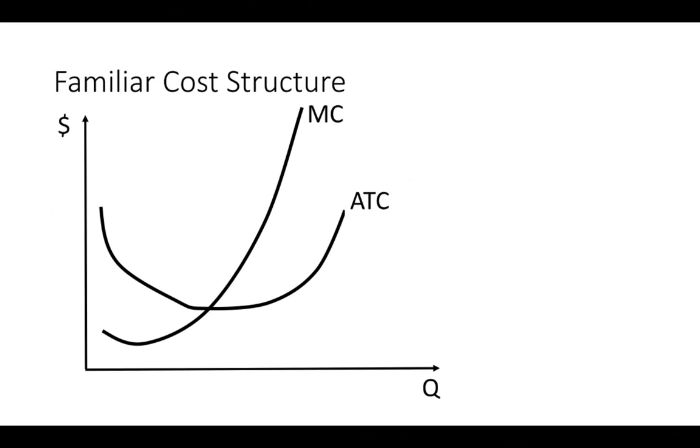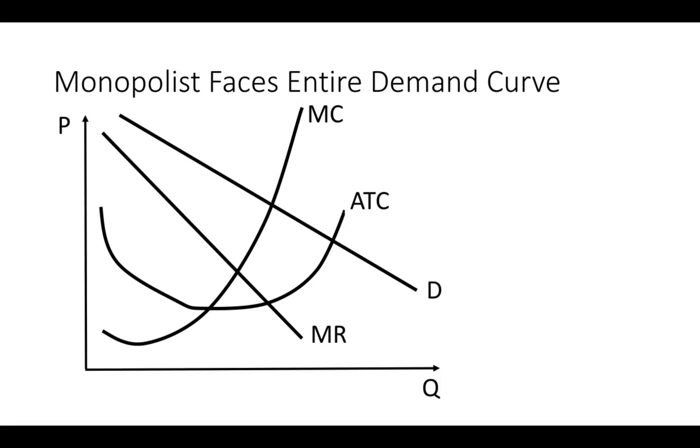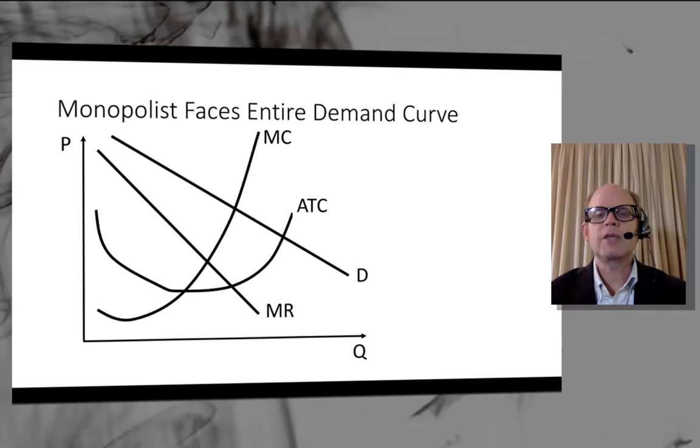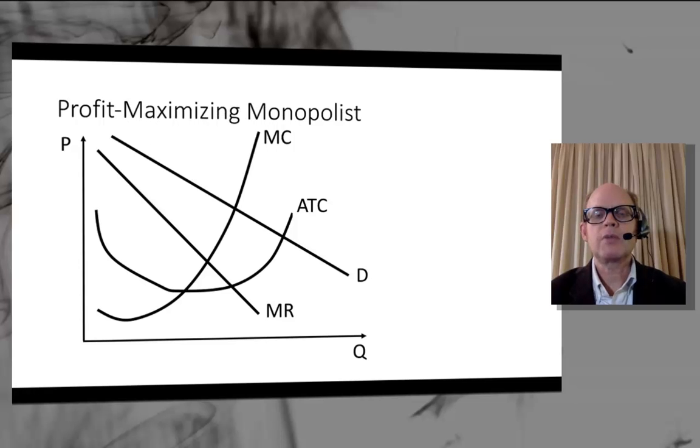So here's the familiar cost structure. You have the U-shaped average total cost curve, and you have the marginal cost curve that intersects the average total cost curve at its minimum point. Now we've brought in the demand conditions. You have the demand curve and the marginal revenue curve. So this is all the information we need to figure out the price and quantity that the monopolist will charge, and then the quantity they'll sell, as well as the profit they might be earning. So let's start by looking at the